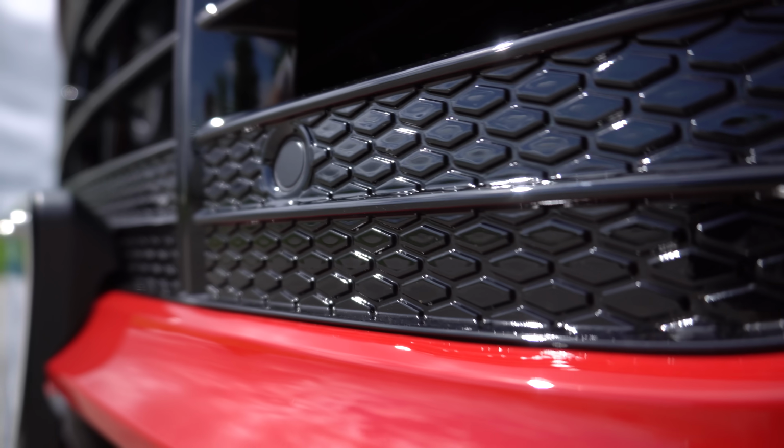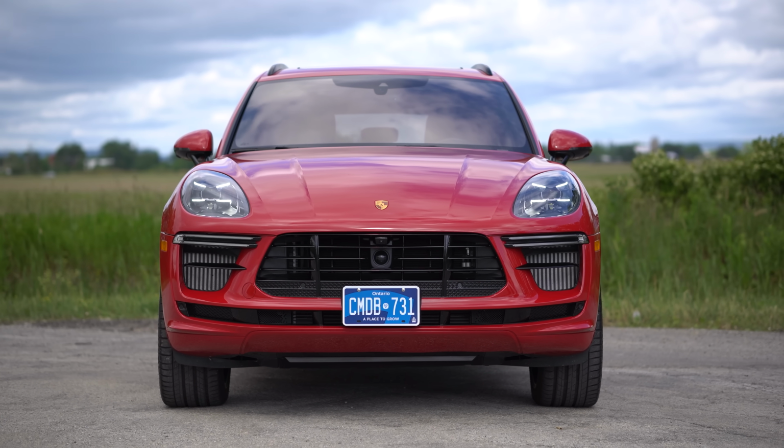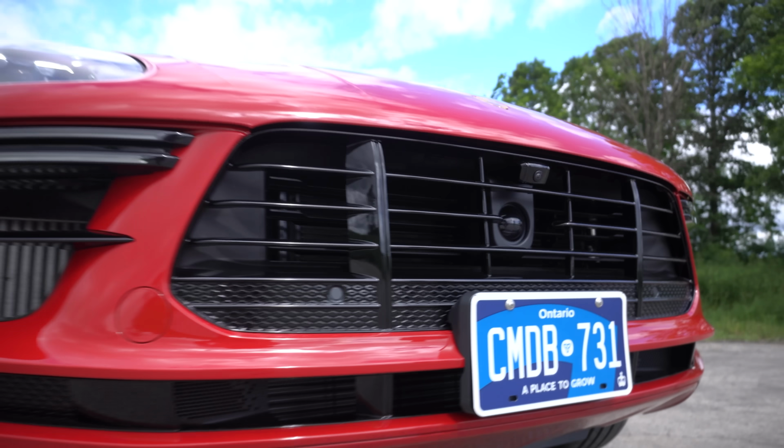Yeah, it's kind of funny. Porsche doesn't really do fake vents, but I guess for optimum airflow, they probably just had to put it there for some reason. Yeah, it's like we can't just make it normal black, it'll look weird. Anyways, whatever. And then the worst part is we've got the new Ontario license plate at the front